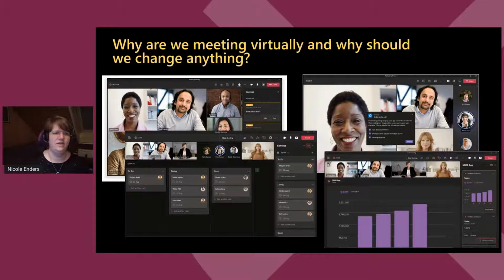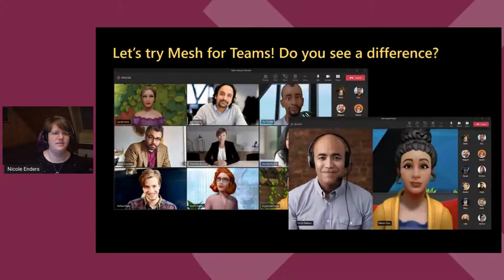So let's try Mesh for Teams. And here is the question: do you see a difference? Not at the first moment, but what we can see here, some people are joining the Teams meeting via their avatar. And this is the first difference we can recognize. So if we are using Mesh for Teams, and it's in private preview, so that was announced at Microsoft Ignite a few weeks ago,